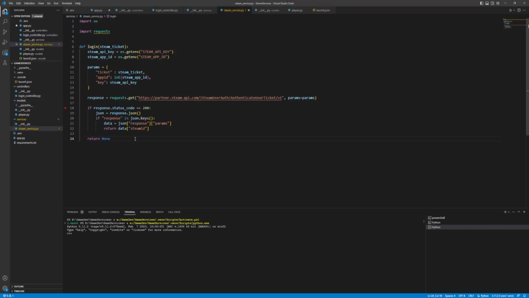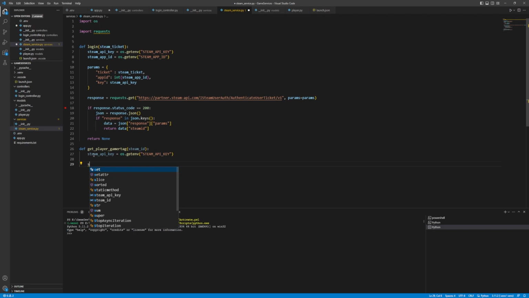And it's going to be pretty similar, like we're calling another Steam endpoint API. So get player gamer tag. Then we need the Steam ID, which is going to be hopefully the thing that we get from this call. And then we're going to go steam_api_key equals os.getenv, and then STEAM_API_KEY. We're always going to need that API key for every call we make. And then what we want to do, we want to get information on a specific user. So in our params here,